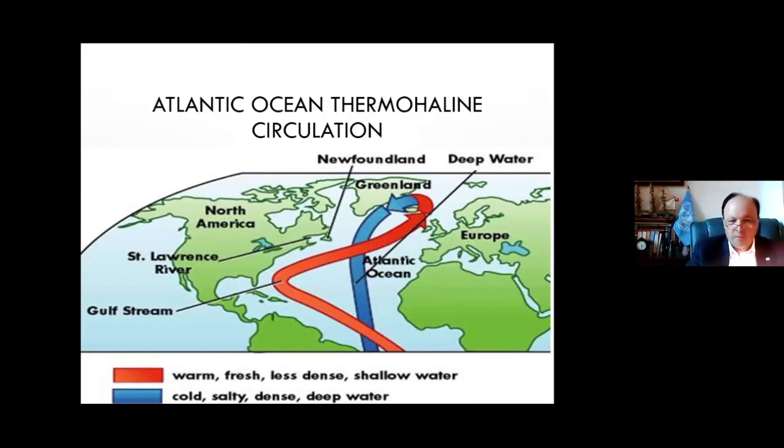I'm going to explain a little bit more. The red band is warm, fresh, less dense, shallow water, and when it reaches the North Atlantic, which is cold, salty, dense, and deep water, it pushes down to the deep, and southwards, and starts traveling, and it starts creating this